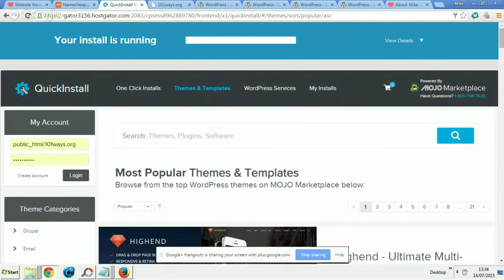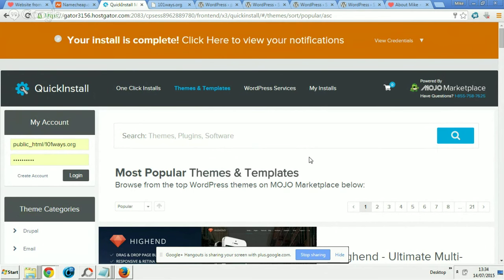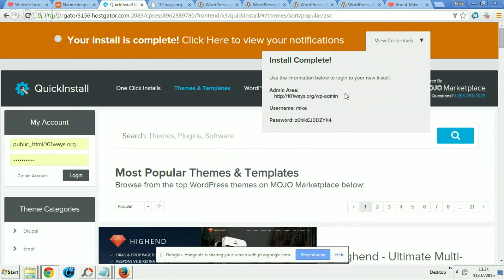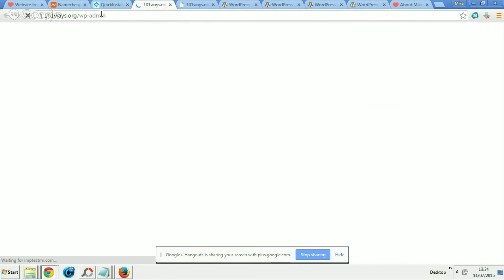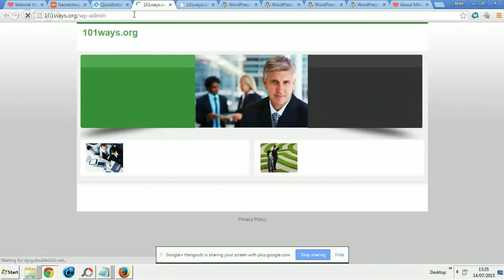And so it's up now. Is it up here? No, install is running. Okay. Install is complete. Okay, view my credentials. Good. Okay, so there's my password and my username and so on. I can change my password when I get in. So I've never seen this before. This is brand new to me as well, but I'm going to now click on this one here. What it's doing is going to my domain name and WP admin, and hopefully